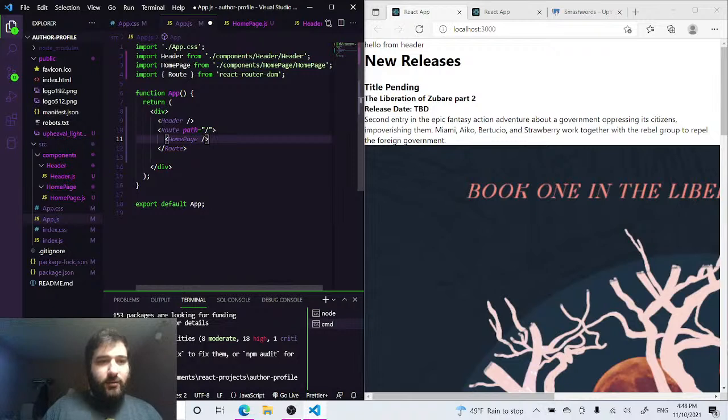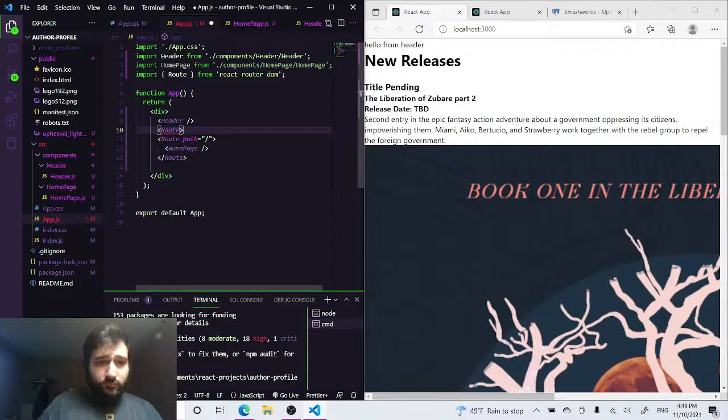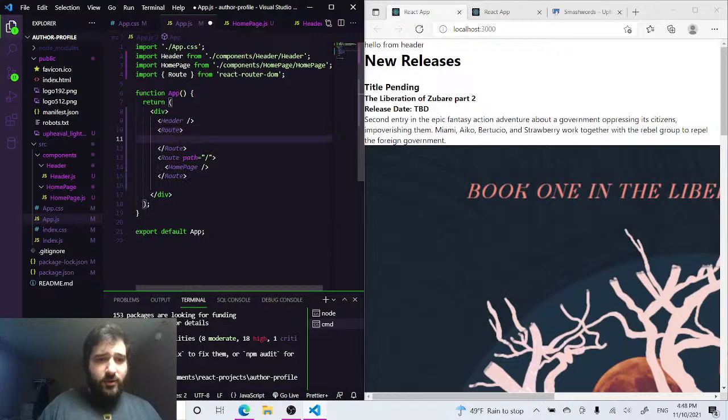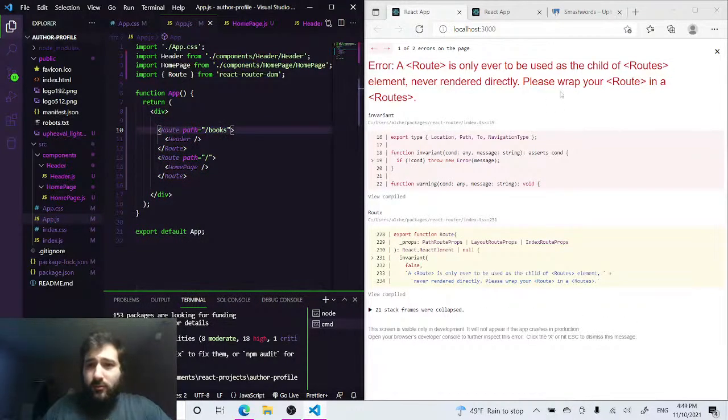This header here is going to render regardless of what path I'm on. So when we add more paths here, we're going to add a route. I can put as many paths here as I want, and header will always render on top of it before everything else. If I move this and I put header inside of here, and I make this path equal to /books, the header is going to